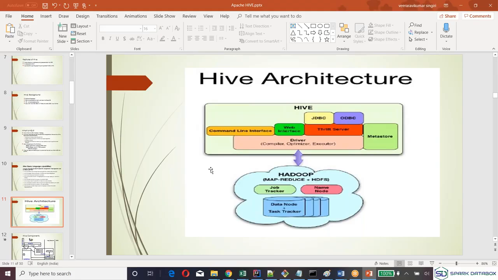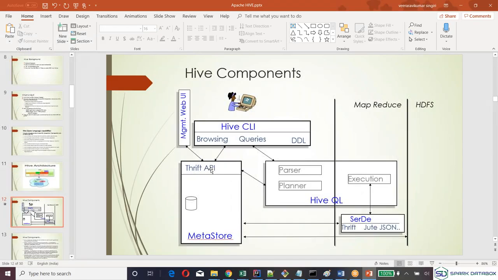Any query about the architecture? Any doubts? Any questions about the architecture? Any questions? No? Guys, please respond.